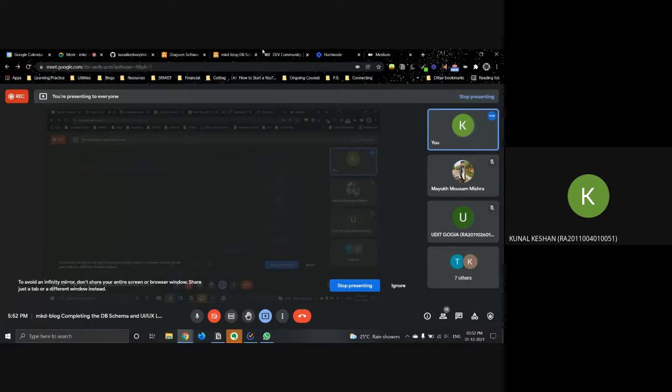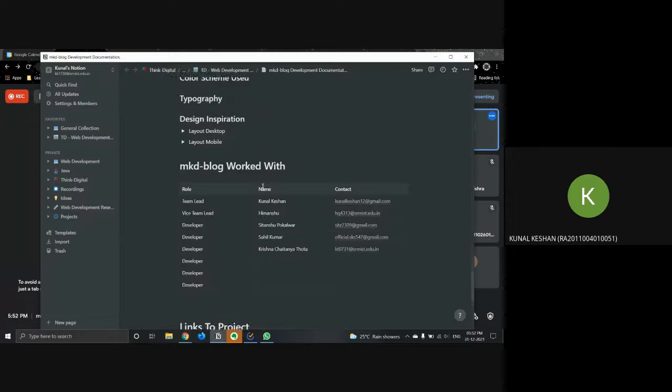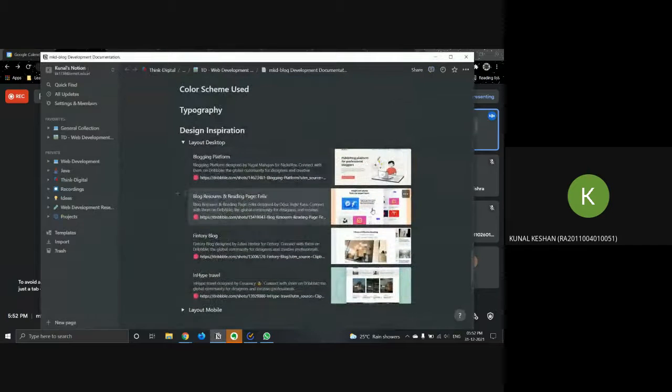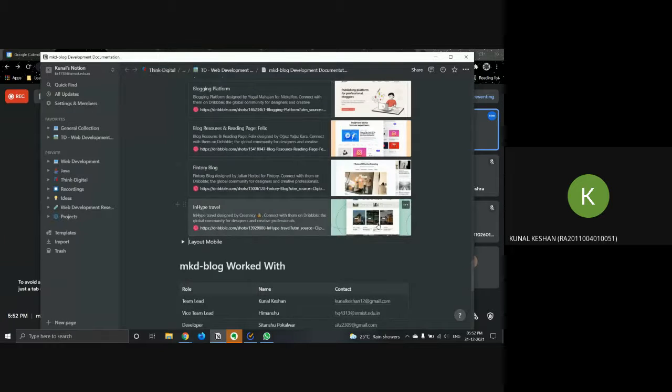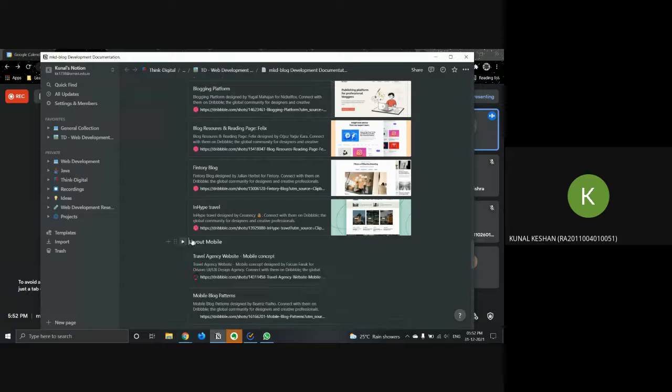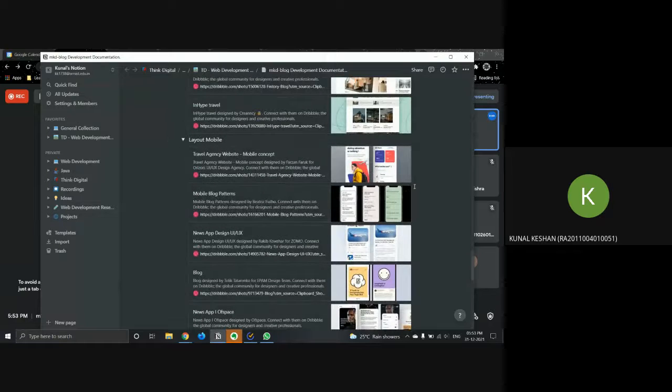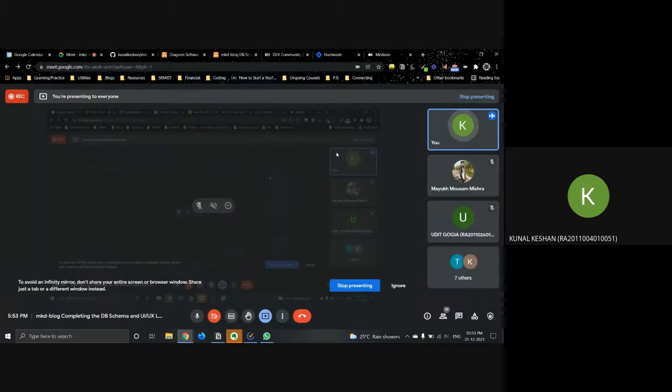I also had saved some examples over here of what the landing page might be, what the home page might be, what the articles page might be, different layouts for mobile as well, how we'll read an article on mobile, and the landing page for mobile as well. If you're interested, we can take like 15-20 minutes more and just get a rough idea of what we want the UI to be. What do you guys think?